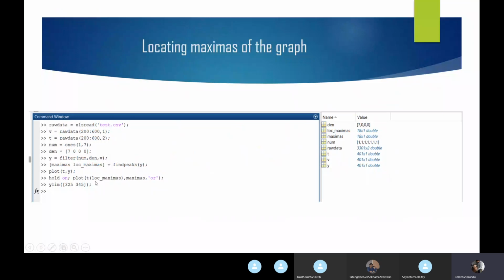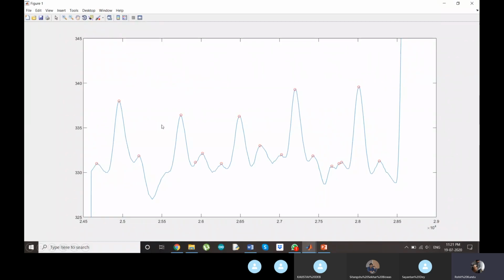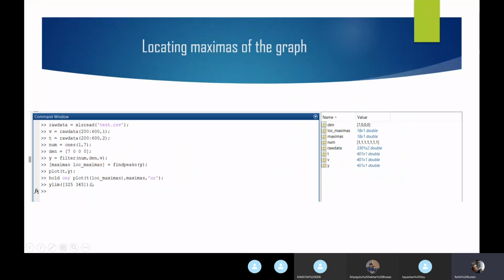We can plot using t of location of maxima, because we just want to draw some circles at the maxima points. It will only point out the places where the maxima occur, and then circle the values at that location.